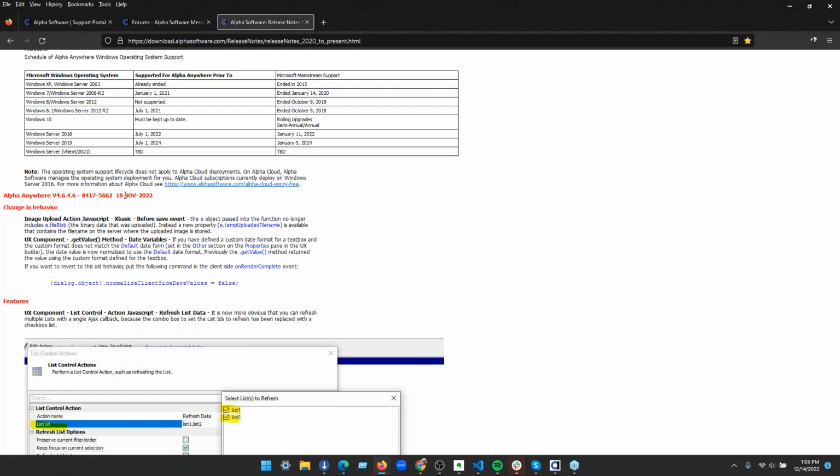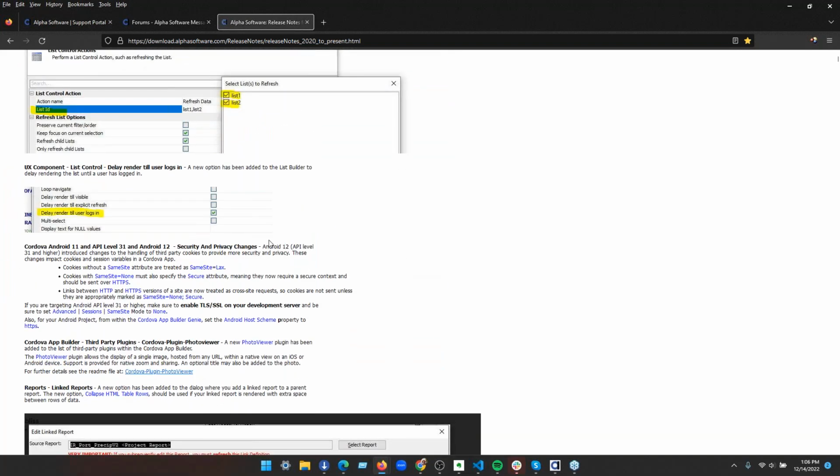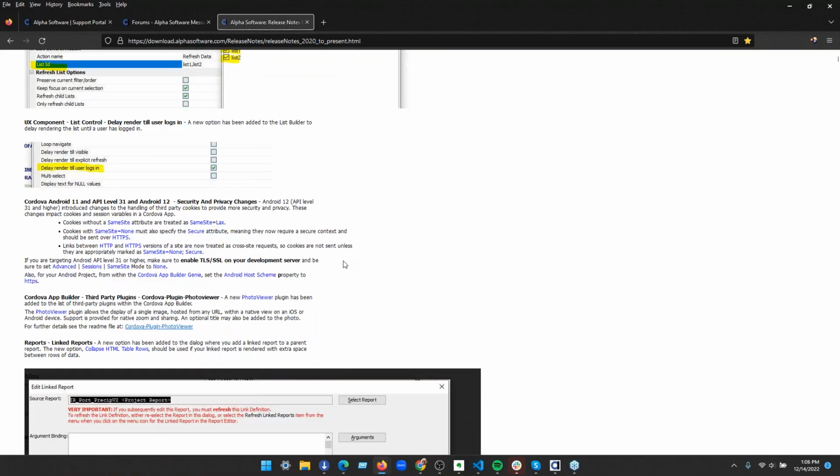It's got a few little things in it, but I wanted to touch on something that's really important to start off here. For people building Android apps, you need to target API level 31 or higher at this point. But something that happened in those new releases of Android is that they now require your same site cookies to be set. So if you were here for the webinar where we talked about